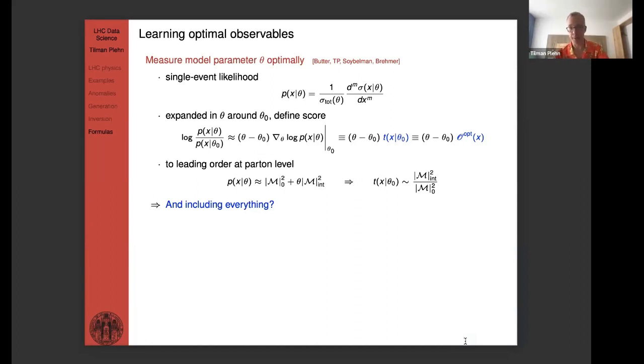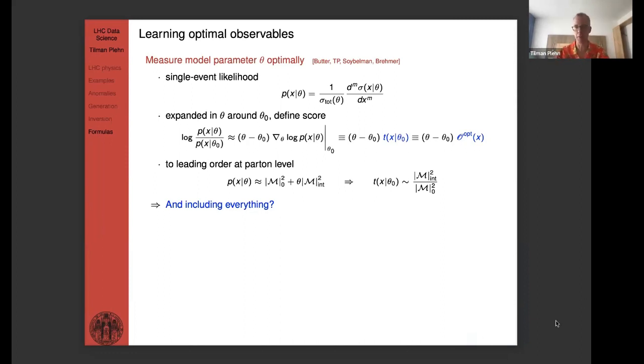So imagine something complicated, some complicated structure in data. For instance, if you look at the likelihood, the so-called score or an optimal observable. You want to know what kind of observable produces the best possible results on a given new physics effect. If we write down the single event likelihood as P of X given a parameter theta, the one parameter we want to measure, we can take the likelihood ratio. According to the Neyman-Pearson lemma, that is the optimal observable, the best discriminator and estimator.